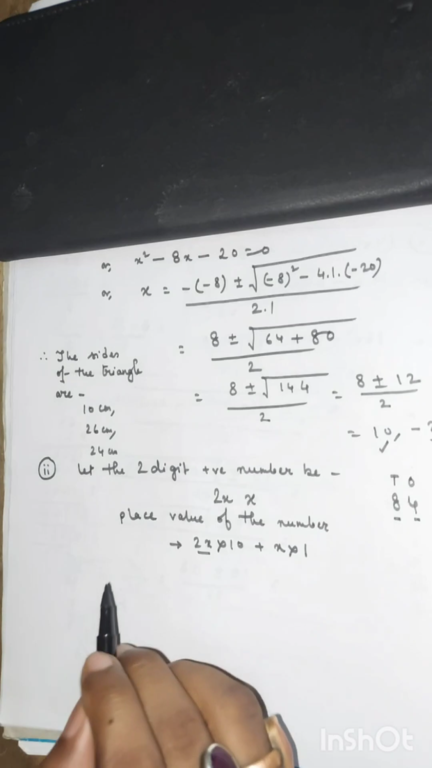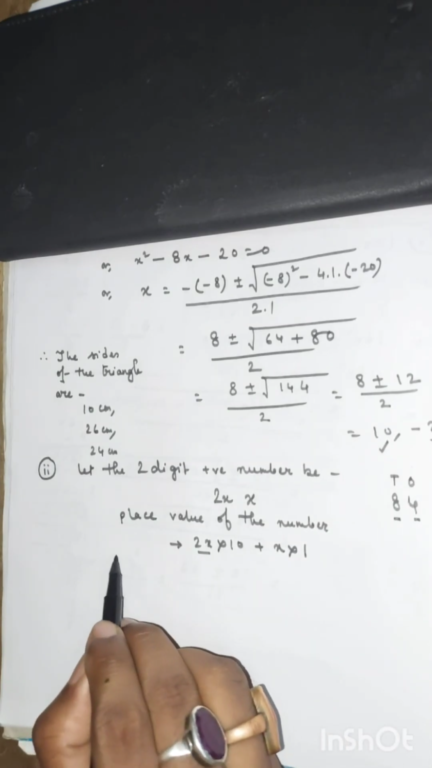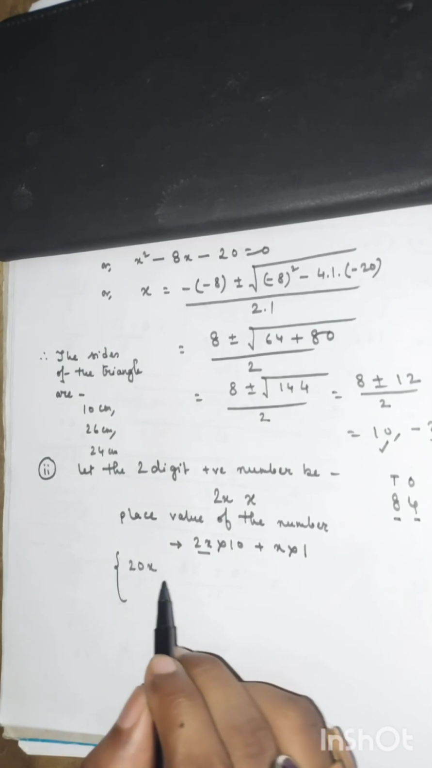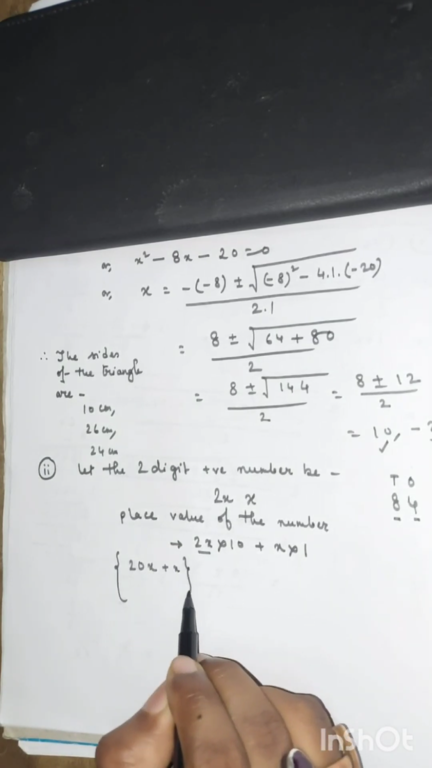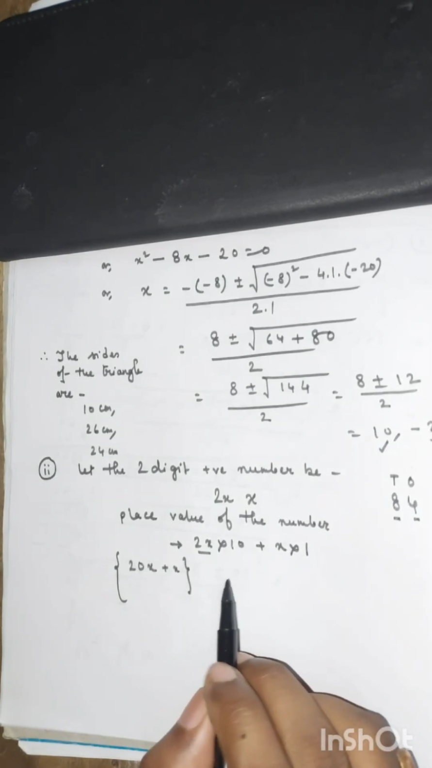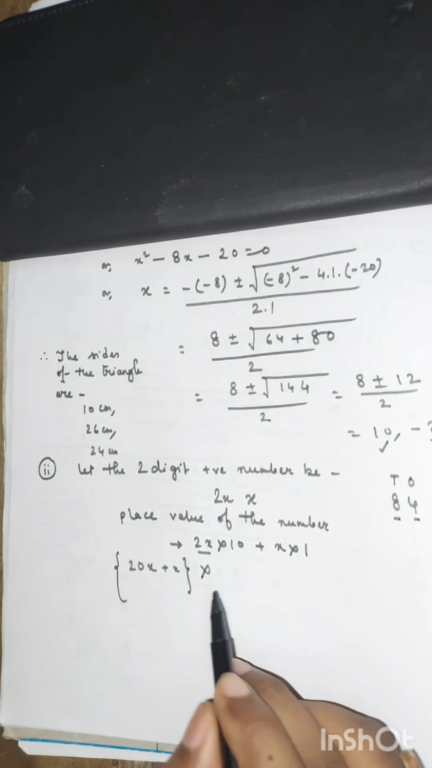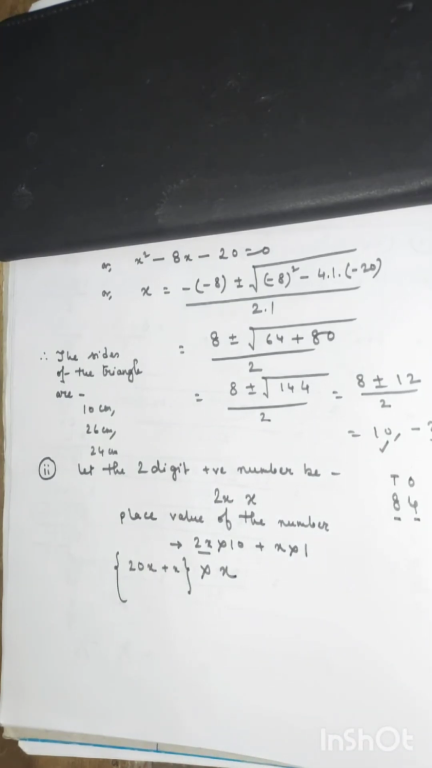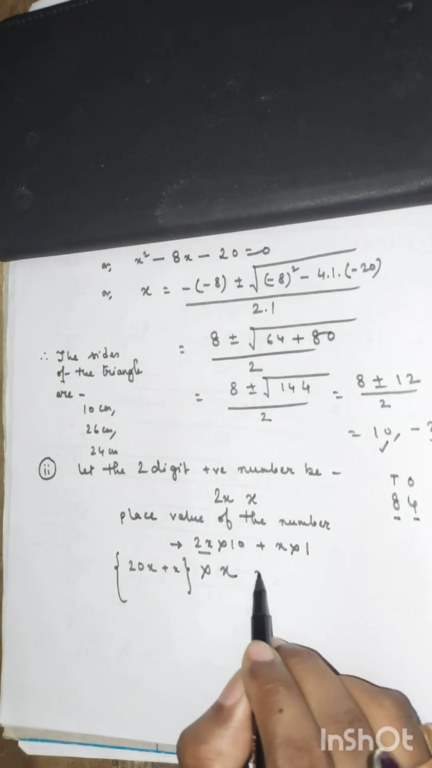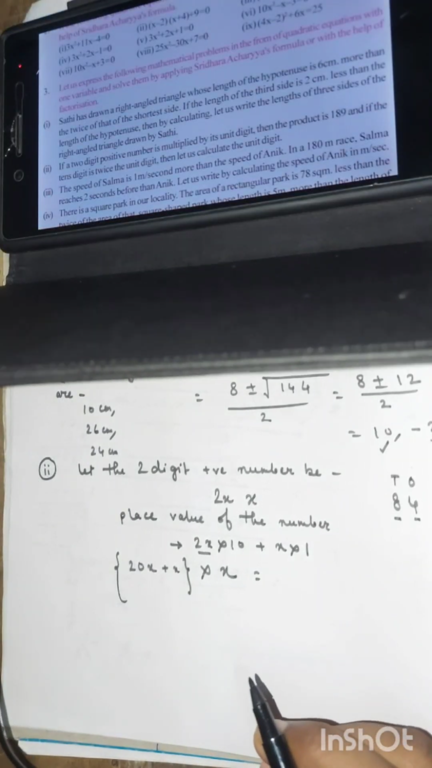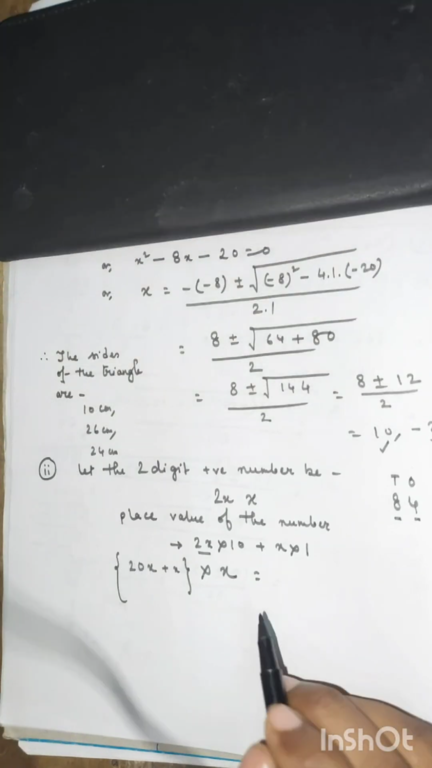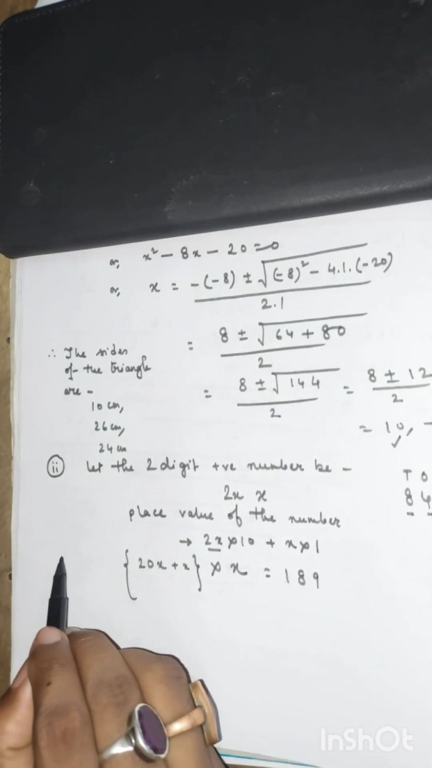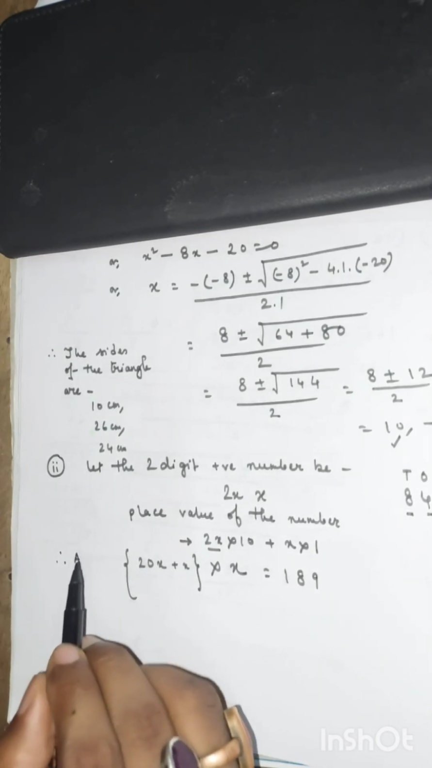Now the question says, if we multiply this number, that means 20x plus x, by the digit placed in units place, it gives us 189. Therefore, according to the question,